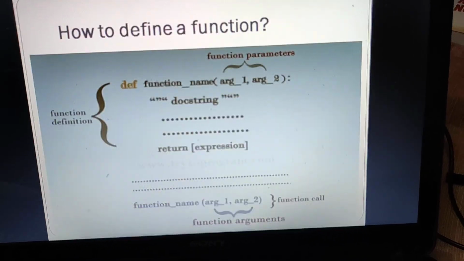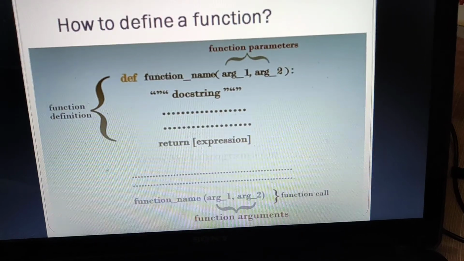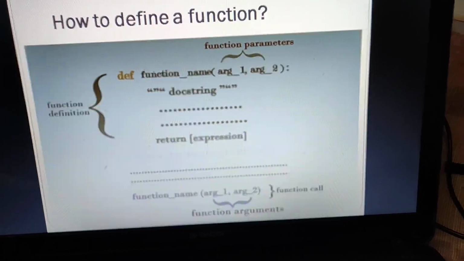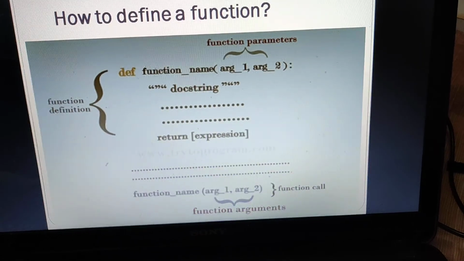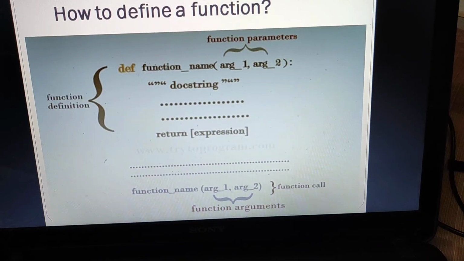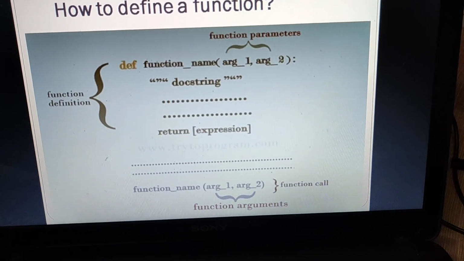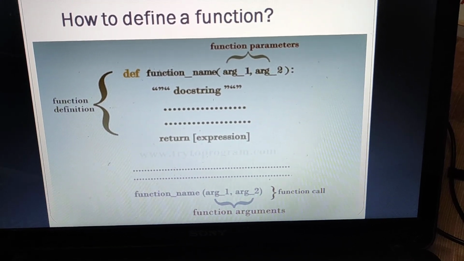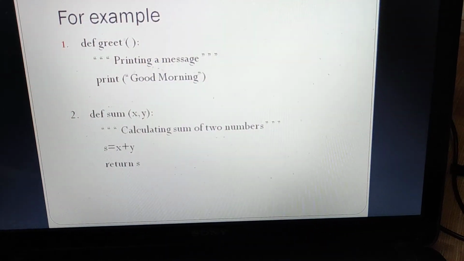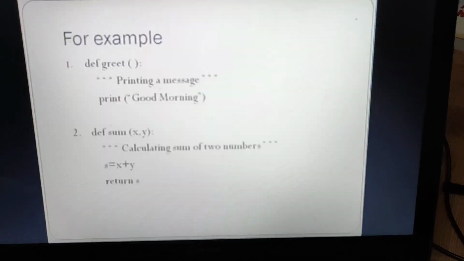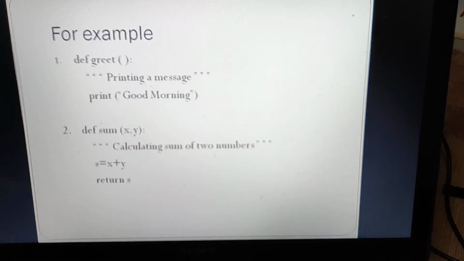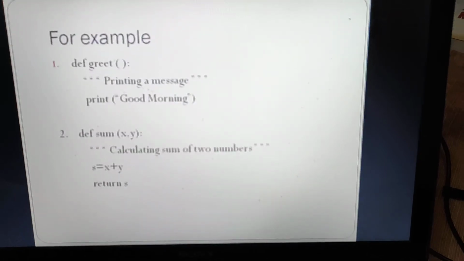This is the syntax. First is the function definition, then start with def, then the function name, then arguments. These are also known as function parameters. Then the return statement if you are returning a value to the main program. Then for using the function, you have to call the function. For example, there are two examples for the function. First is printing a message. Second is calculating a sum